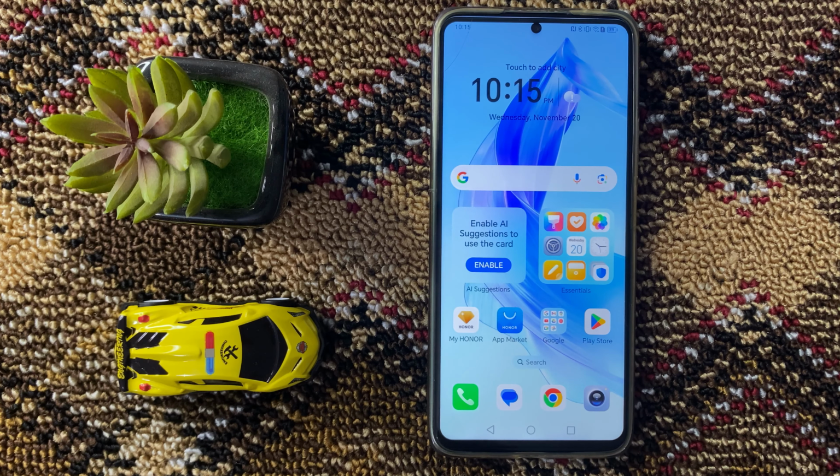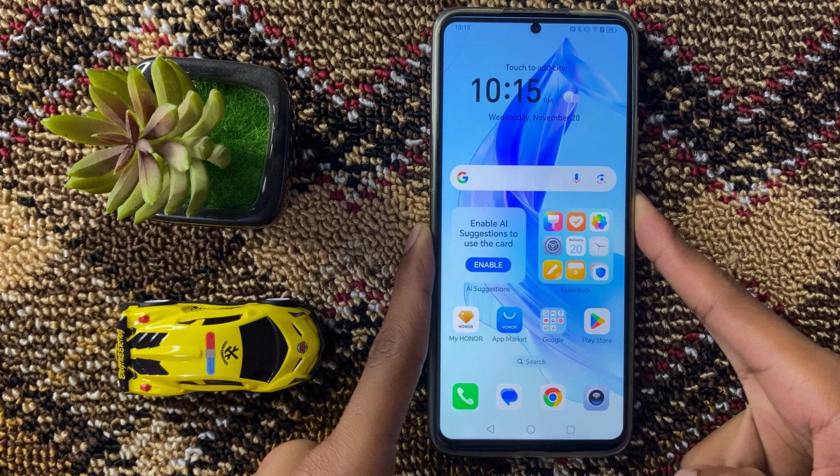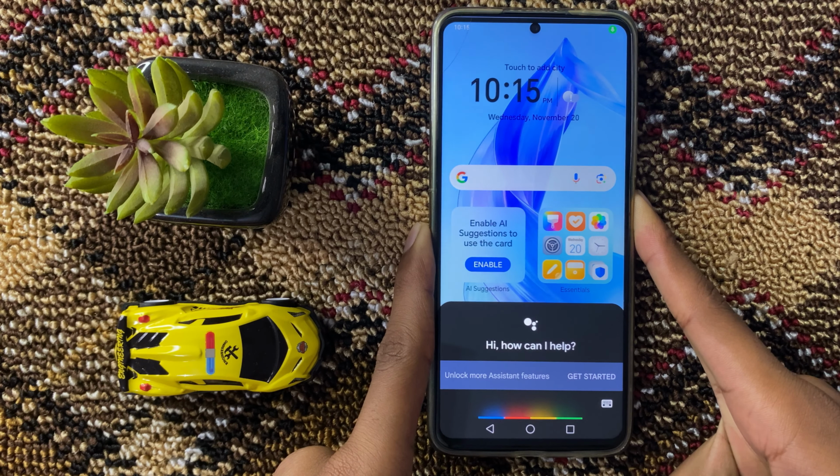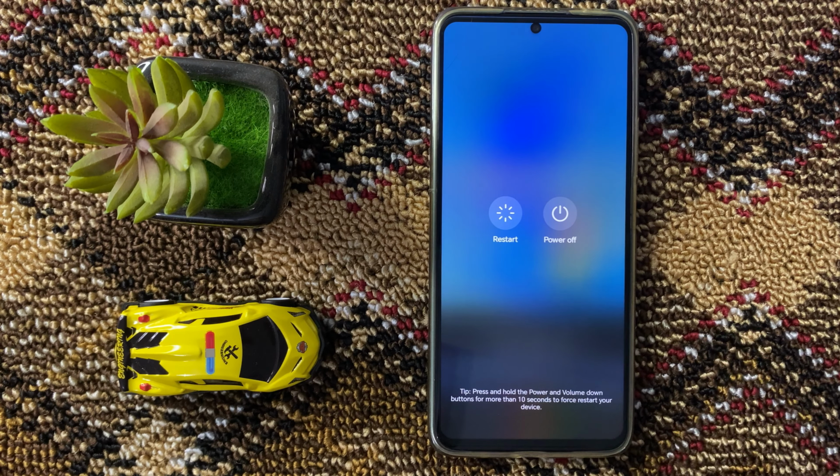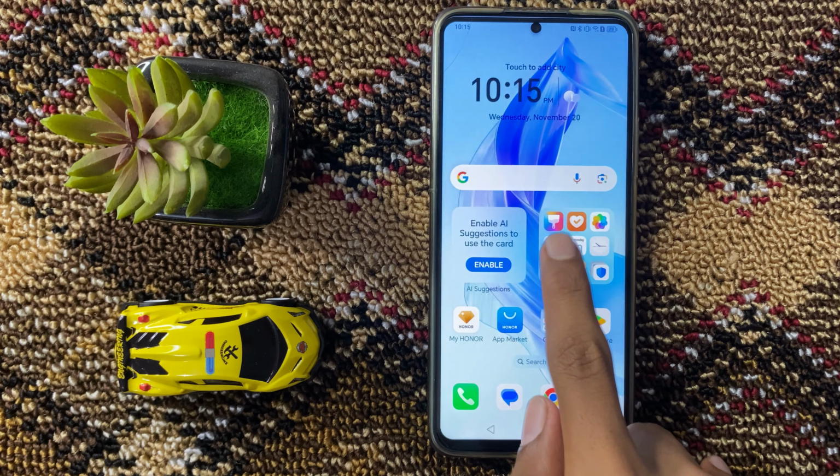To restart your device, press and hold the power button, and then click on restart. After restarting your device, open settings